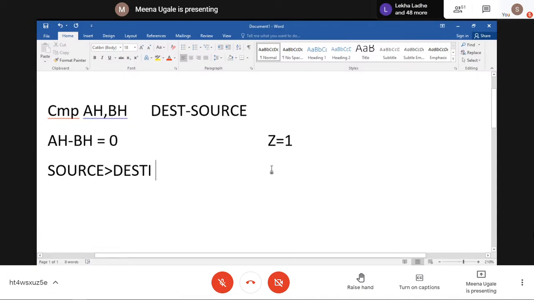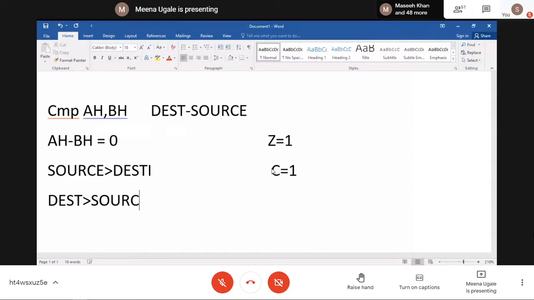In that case, a borrow gets generated. Borrow is shown with the carry flag only, so you are going to get the carry flag set as 1. And in the reverse condition, the next condition will be your destination is greater than your source. It is not equal, but your destination is greater than source. So what will happen? No flag is going to be set because it is a normal subtraction.